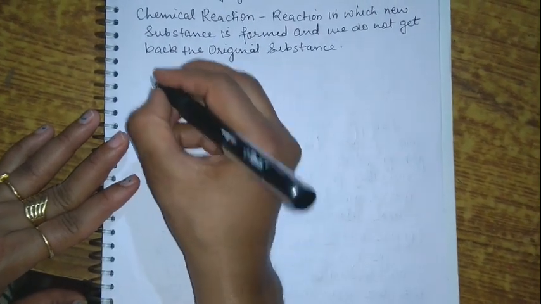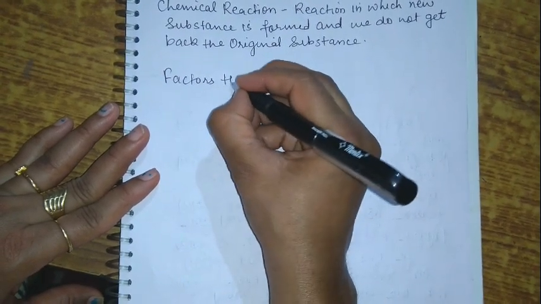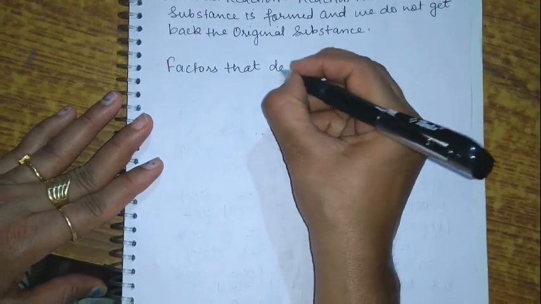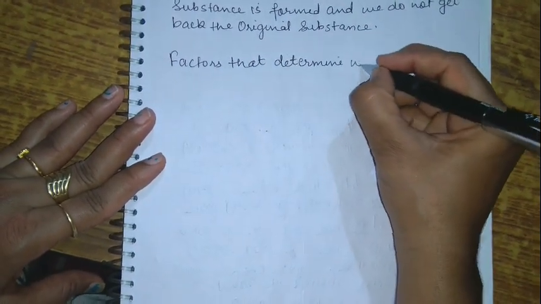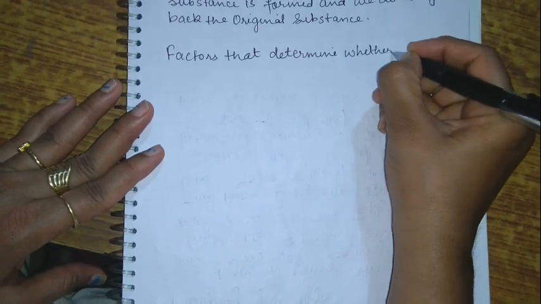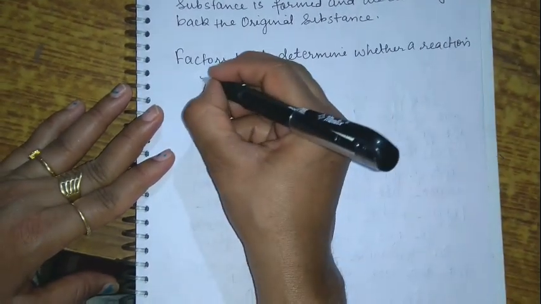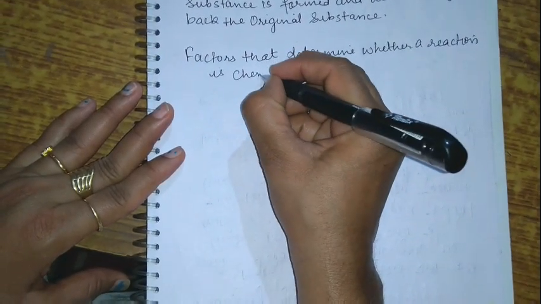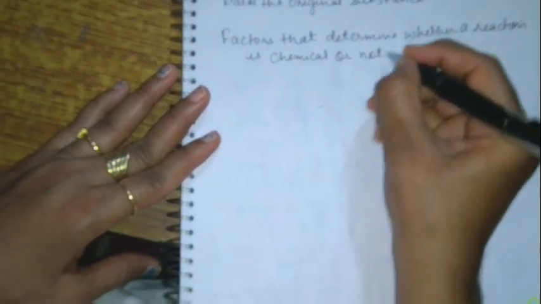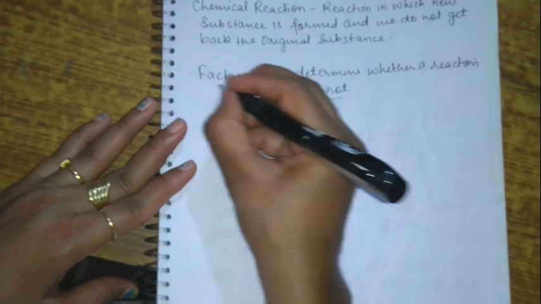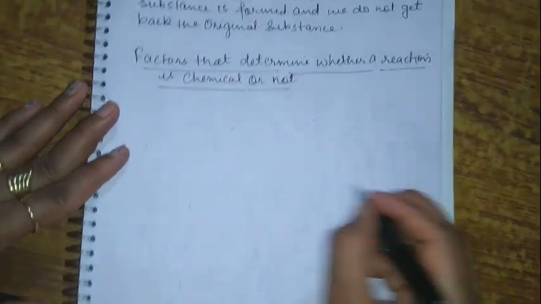So certain factors that determine whether a reaction is chemical or not. तो ऐसे कौन से फैक्टर्स हैं जिससे आप पता कर सकते हैं कि ये जो रिएक्शंस हैं वो केमिकल रिएक्शंस हैं. नंबर 1,